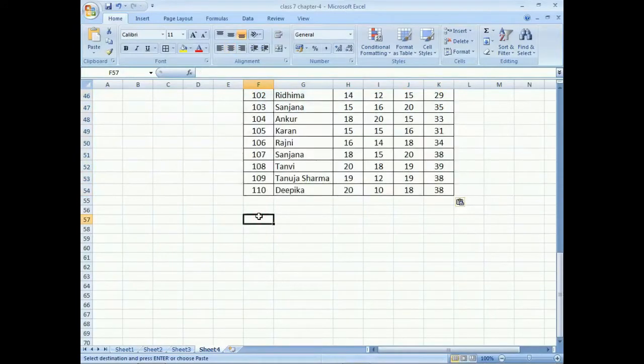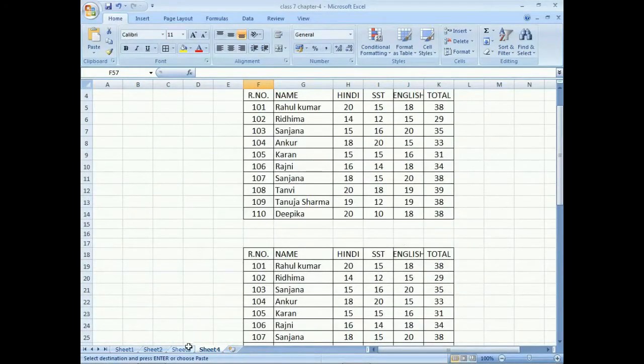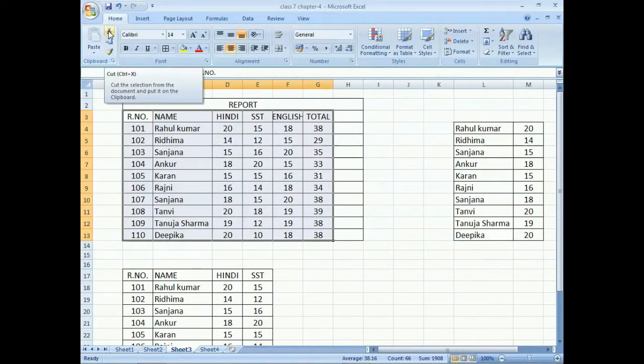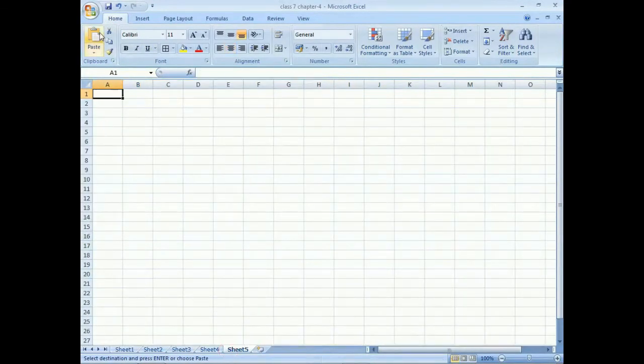Now the next method we can use is moving data. Moving data means we want to shift all the data from this place to a new location. In the same process, I'll use the cut option instead of copy, set the new location, and use the paste option.